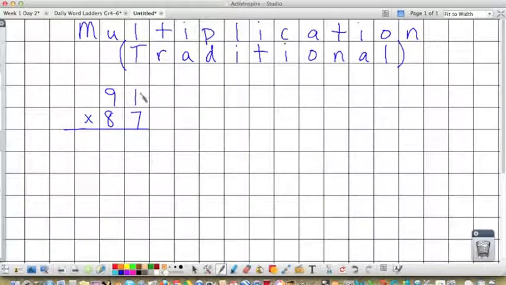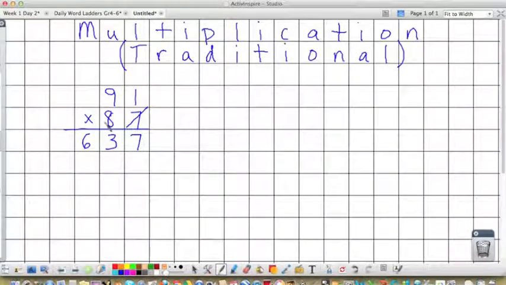So we start with the ones place at the top times the ones place on the bottom. 1 times 7 is 7. Then we go to the tens place times the ones place. 9 times 7 is 63. Now we're done with the ones place on the bottom. Now we move over and we're going to multiply the digits on the top times the tens place on the